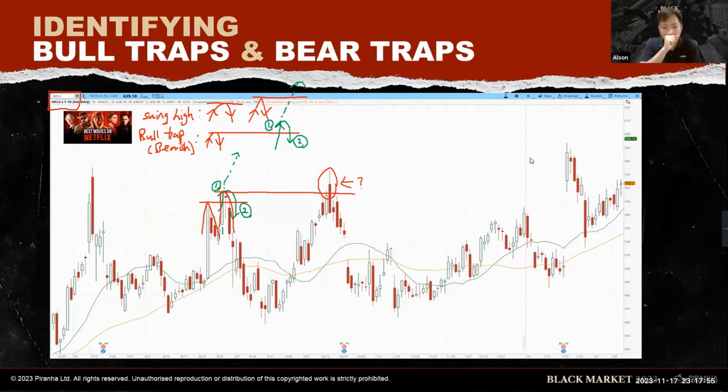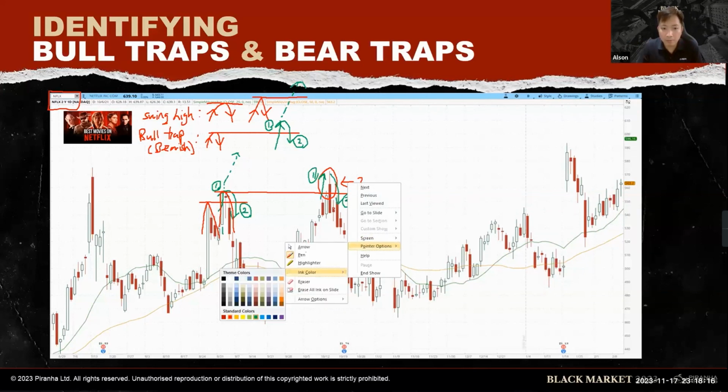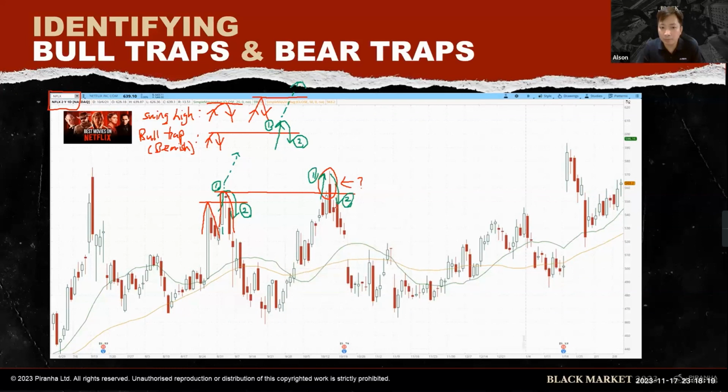So you can see over here, the bar that goes above the swing high. This is the N shape. This is a swing high. You draw a line across. The bar that goes above the swing high is also a bar that goes back down below the swing high to form the bull trap. So as you can see, what happened after a bull trap? The traders are being trapped. Later, they will have to panic sell, and that creates sell pressure later. So we are looking to trade the bull trap pattern. Next, let's look at the swing low.